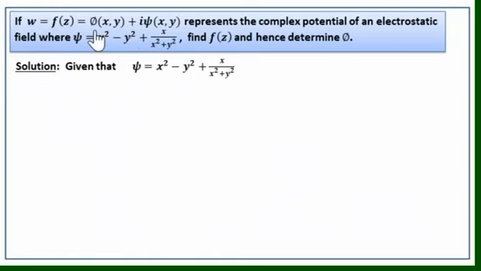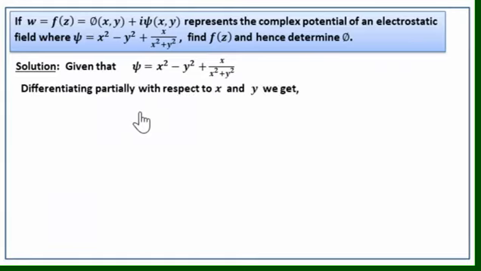we need to find the real part phi. Okay, so first, given psi, we find ∂psi/∂x and ∂psi/∂y by differentiating partially with respect to x and y. Okay, so what is ∂psi/∂x? Differentiate psi with respect to x, keeping y constant. Okay, so what's the derivative? Psi x is 2x, the derivative of x square is 2x, the derivative of y square is 0,